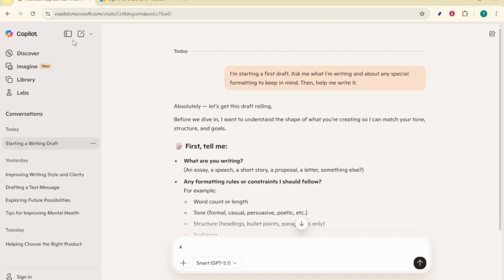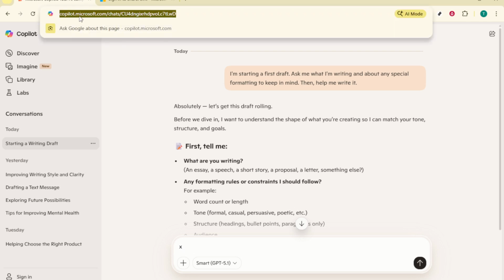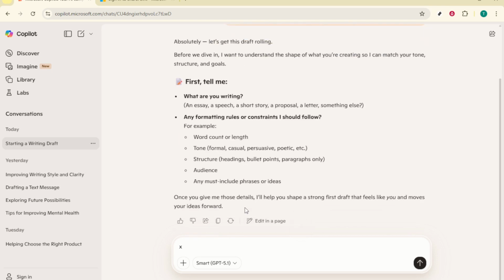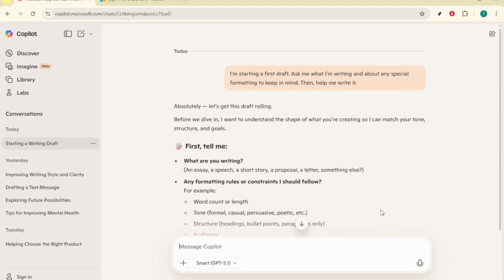Once you're in, you have two straightforward paths. The first is the Describe tab, perfect when you know what you want but don't want to configure every setting. Simply write a plain English description of your agent, who it serves, the tasks it should handle, the tone it should use, and any boundaries it should respect. Think of it like a creative brief. The builder turns that description into an initial agent you can immediately try, then refine by adding more detail or